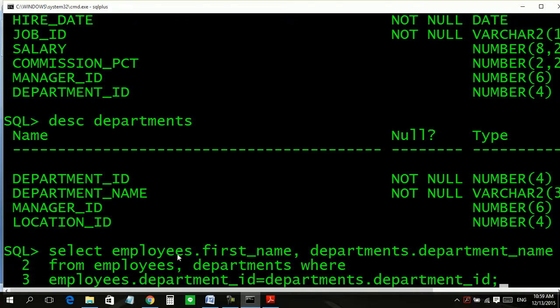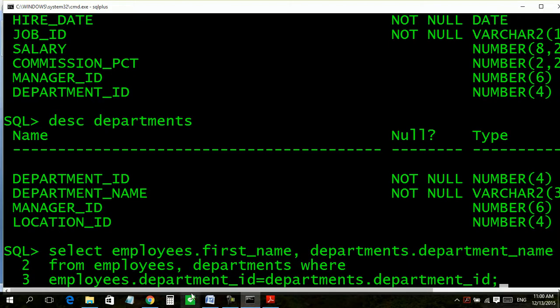Select employees dot first name, table dot column name, and departments dot department name, the employee name and department name, from employees, departments, where employees dot department ID is equal to departments dot department ID.